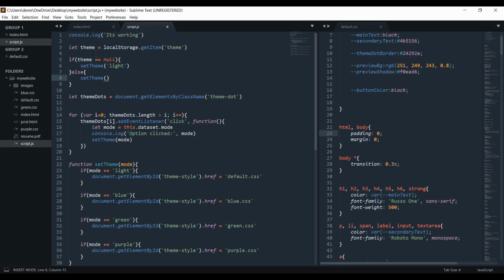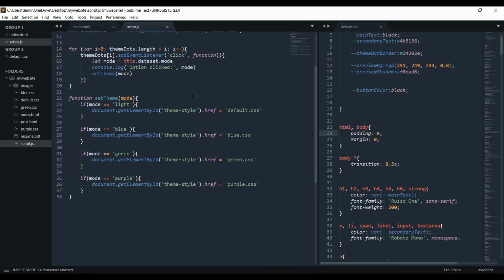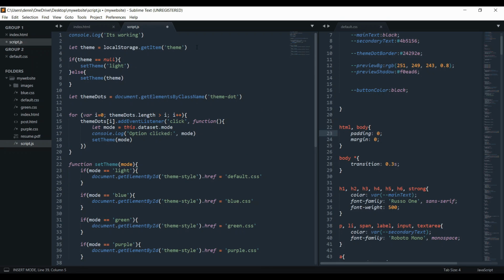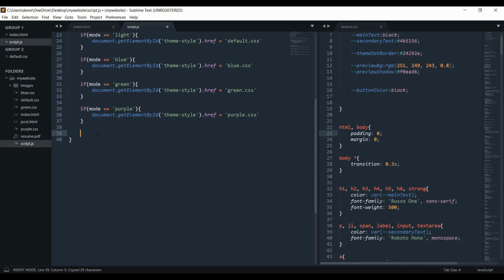So we'll take whatever was in local storage, and we'll pass that in right here. So that's how we're able to set the value. This isn't going to do anything right now, because if we console out local storage, we would see that there is nothing in here. So in order to actually set that value, we're going to set it in the set theme function. So at the bottom here, this is how we get a value from local storage, but to actually set one, we're just going to use local storage, and instead of get item, we're going to do set item